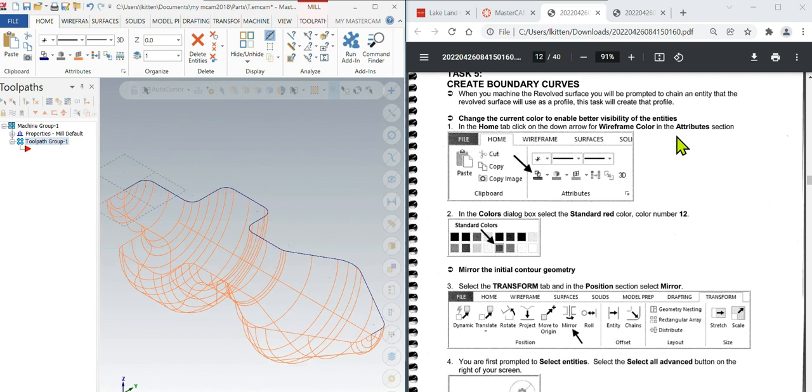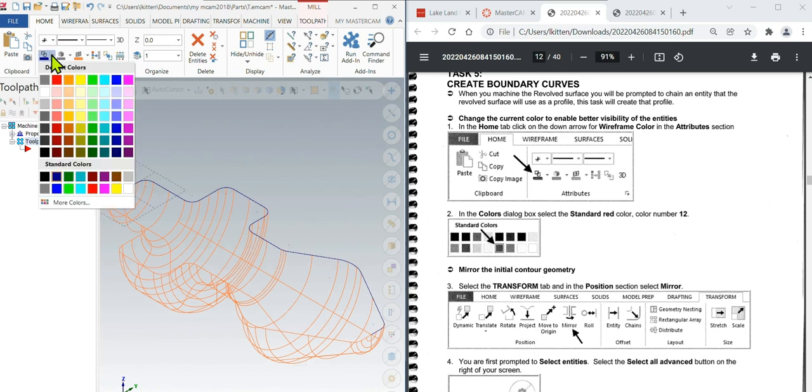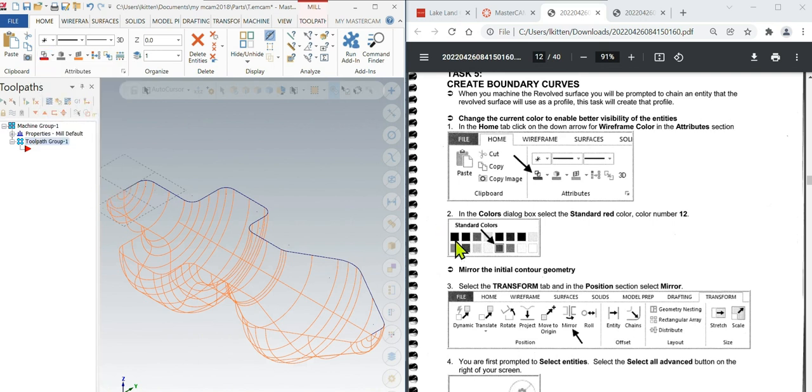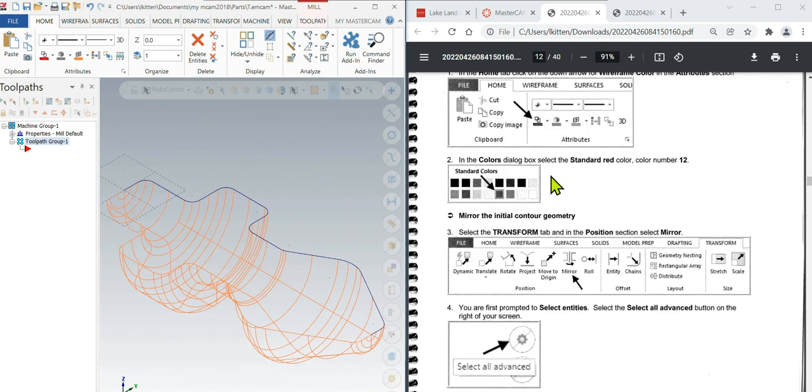Down arrow for wireframe color in the attributes section. Okay, so there's the color right there, I think, and hit the down arrow. Okay, what color does it want us to pick? Standard red. Okay, so there's a standard red right here. I hit the drop down on the left one. I'm picking standard red. Okay, and then